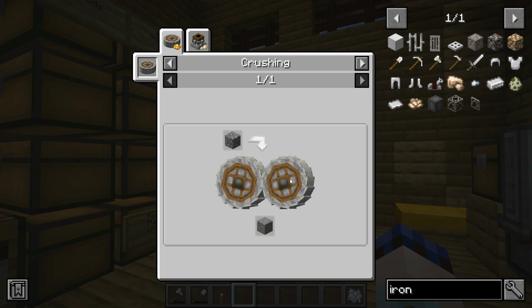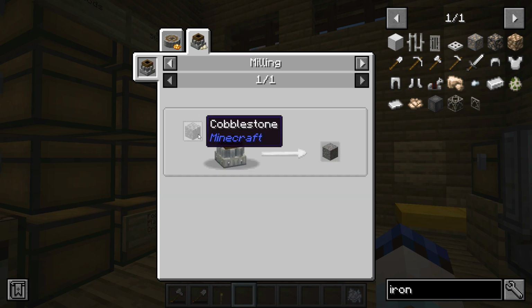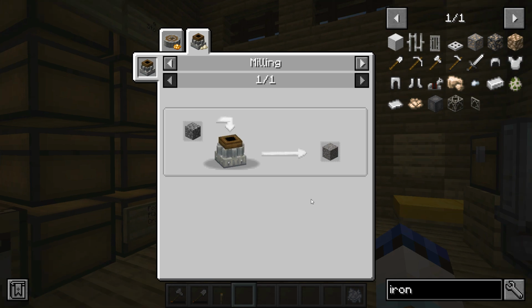This particular recipe is requiring the big wheels, which I don't have, but up here I have a nice little mill, which I can definitely make, and I can crush cobble into gravel from there as well. Which is great, because I already know from playing Minecraft just a little bit that I can make cobble renewably. And so what we've done at this point is we have worked out through JEI how we can get from cobble all the way up to iron,